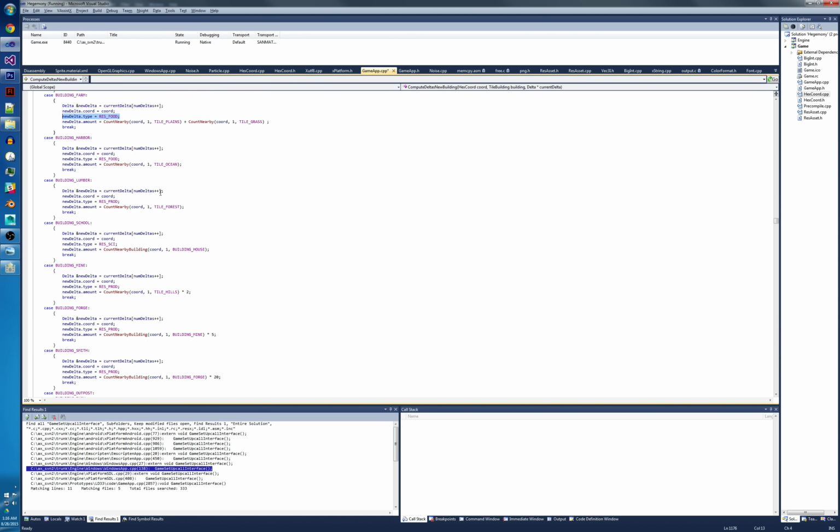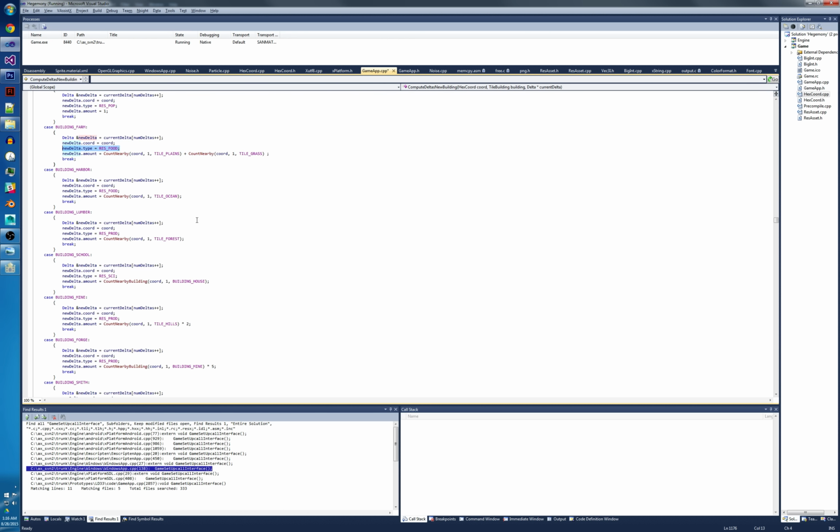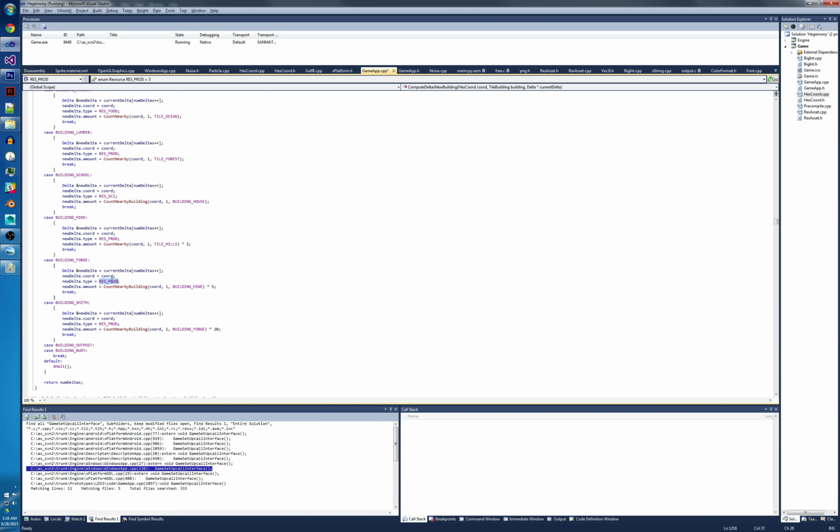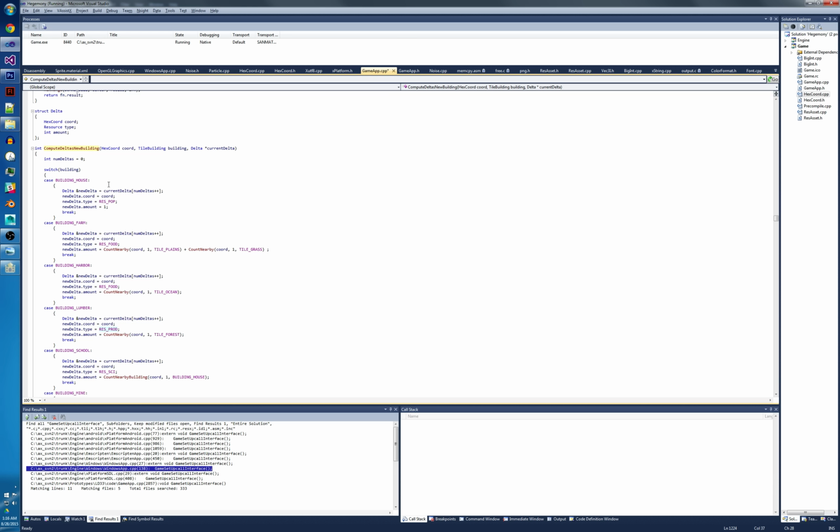This ended up not getting as complicated as I expected, and everything only ended up changing one thing. A little over-engineered there. The smith counts the nearby forge buildings, multiplies it by 20, and says it changes that much production. Okay, that's pretty easy for the